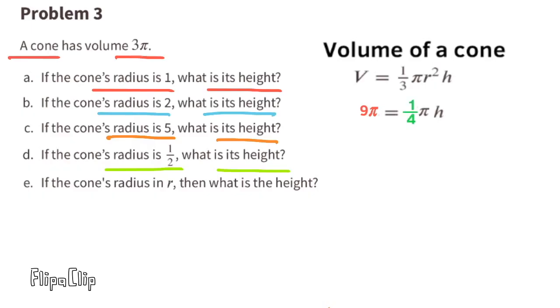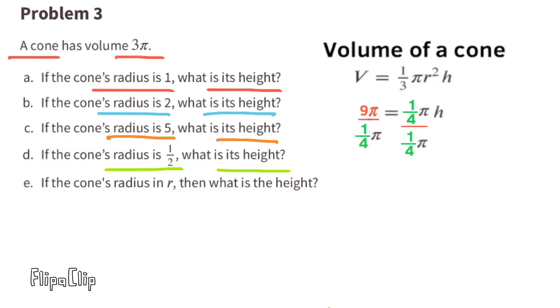1/2 squared is 1/2 times 1/2, or 1/4. So the equation reads 9 pi equals 1/4 pi times h. Since we're solving for h, we need to multiply both sides by the reciprocal of 1/4, or divide both sides